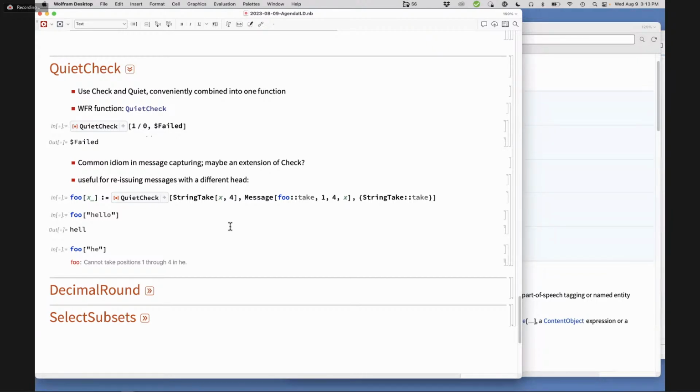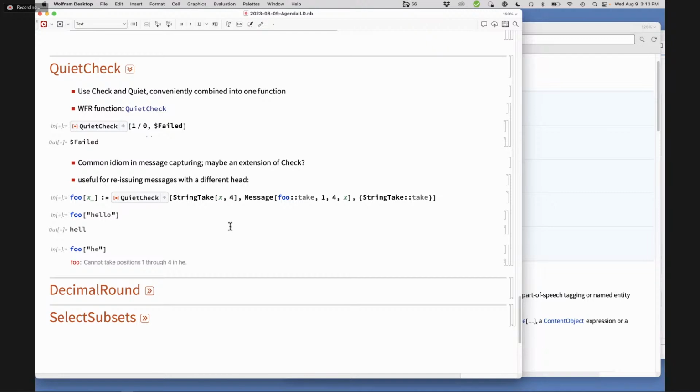So I don't understand what it's doing here. It's just saying it's doing the same thing as check, but it is quieting the messages when it does the check also. Yeah. I agree that this is a useful thing. Yeah, for the 3-argument form of check, it's always tedious because you almost always want to wrap that with a quiet using the same messages.